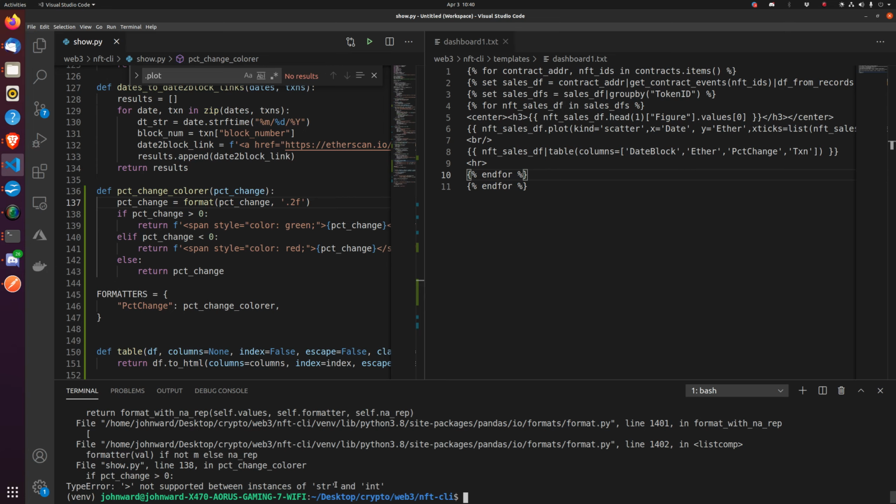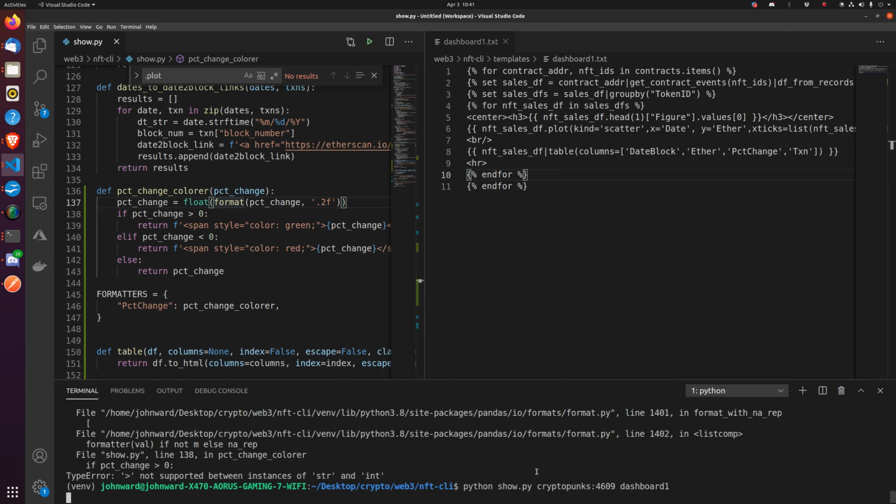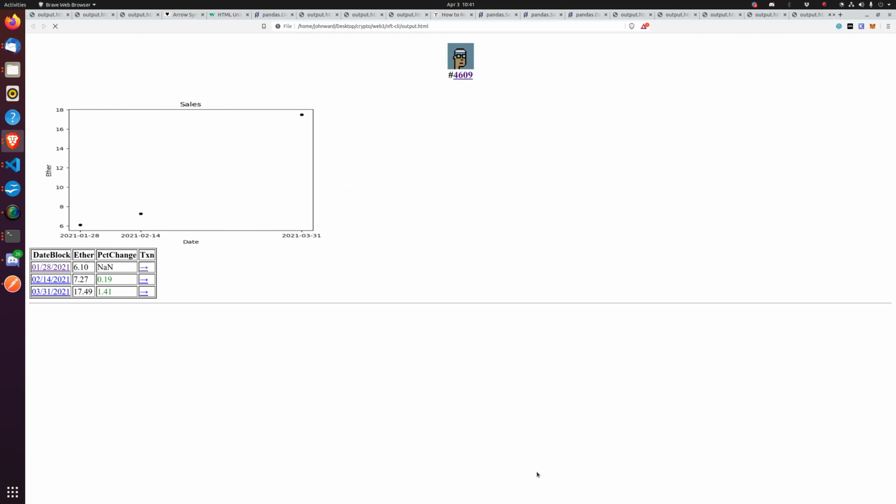Okay, not supported between instances of string and integer. Okay. So it's converting it to a string. So we gotta convert this to a float. There we go, much better. All right, so